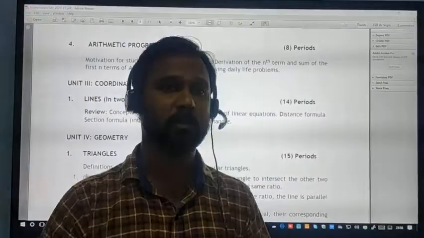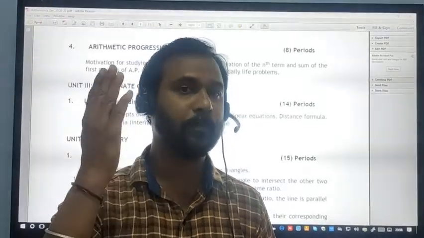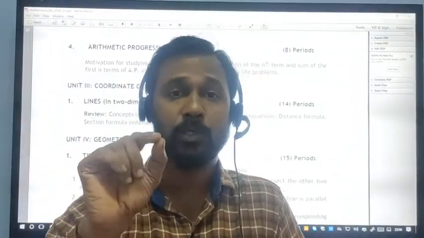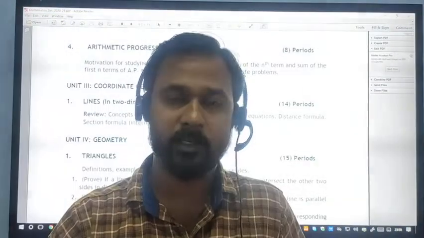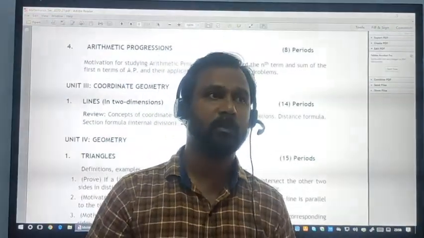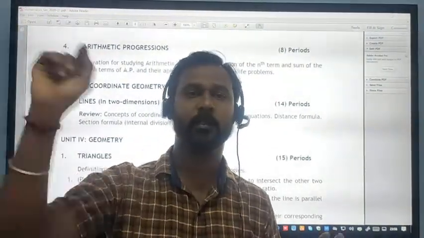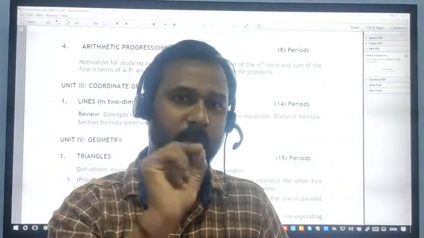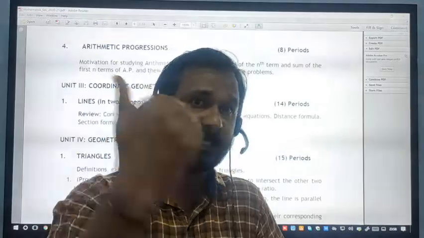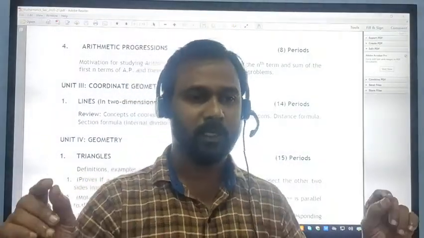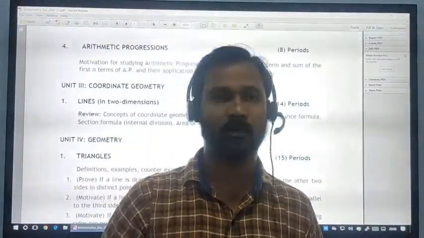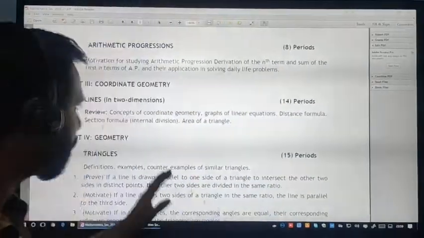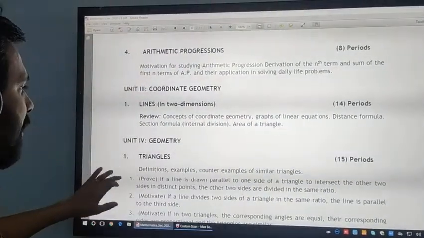In 9th class, what did we study in coordinate geometry? Do you remember? We studied how to locate points in a Cartesian plane. More than that, here we will find two formulas: the distance between 2 points, named the distance formula, and one more thing, the section formula. How to divide the line segment between 2 points, we will discuss that with the formula. A very easy chapter in this context.